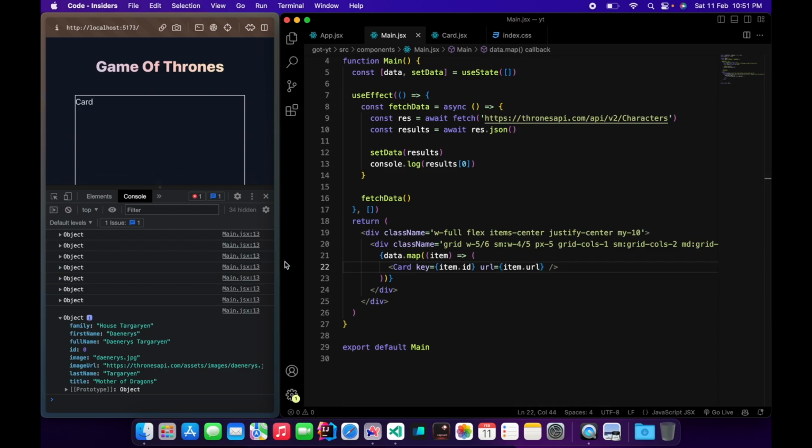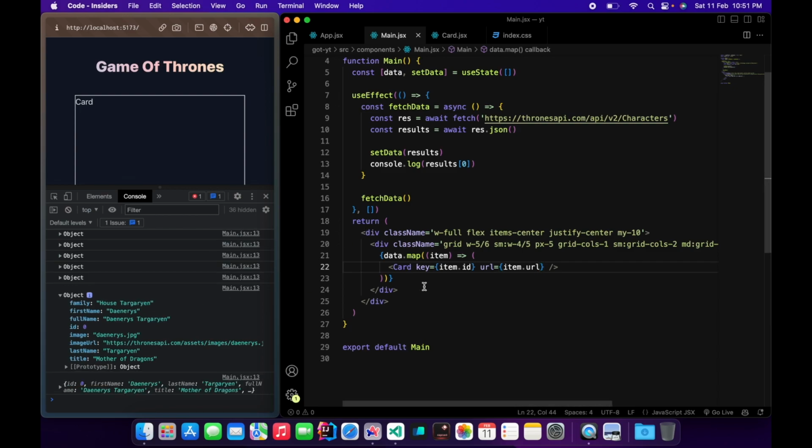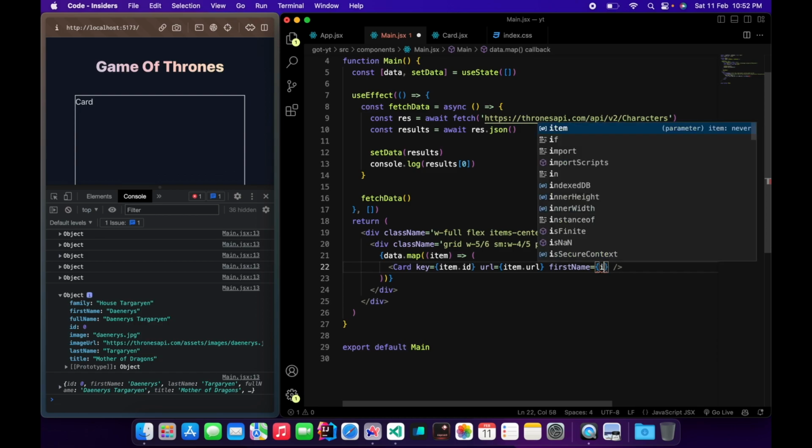What it basically means is that it is sending the URL from here to its child component. After URL, I want you to send the first name. We could send the whole data at one time, but I want to show how we can pass multiple props into a child component. So item.firstName,